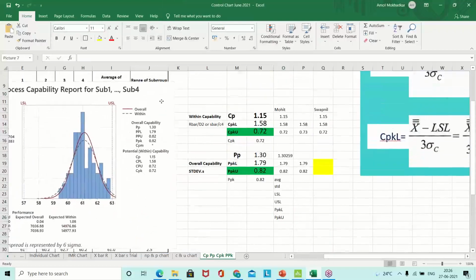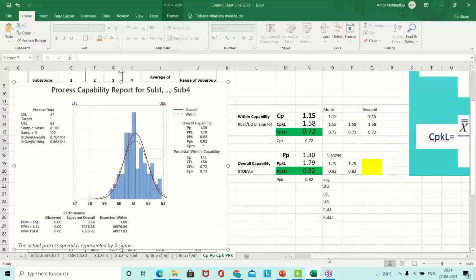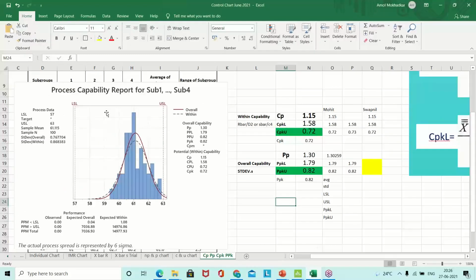This is what we have calculated, and this is what you got from the statistical tool within a few seconds. Now it tells you so much. When you do the process capability analysis using that particular statistical tool, it gives you very good insights, and this data you can use for presentations also. Thousands of data points you can do very quickly. This is the histogram now. It will tell you where your data points are moving.